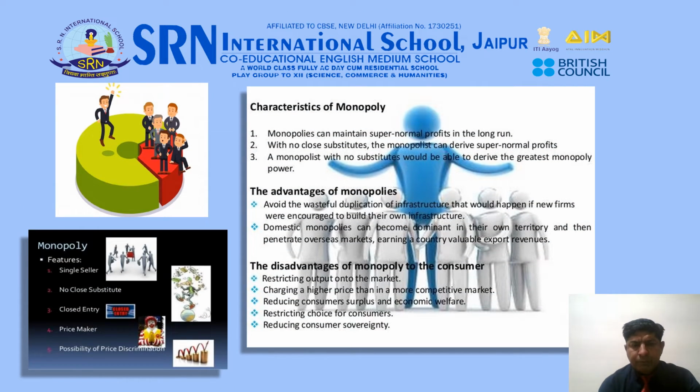Characteristics of monopoly. Monopolies can maintain supernormal profit in the long run. With no close substitute, the monopolist can derive supernormal profits. A monopolist with no substitute would be able to derive the greatest monopoly power. The advantage of monopolist: avoid the wastage and duplication of infrastructure that would happen if new firms were encouraged to build their own infrastructure. Domestic monopolies can become more dominant in their own territory and then capture overseas markets,